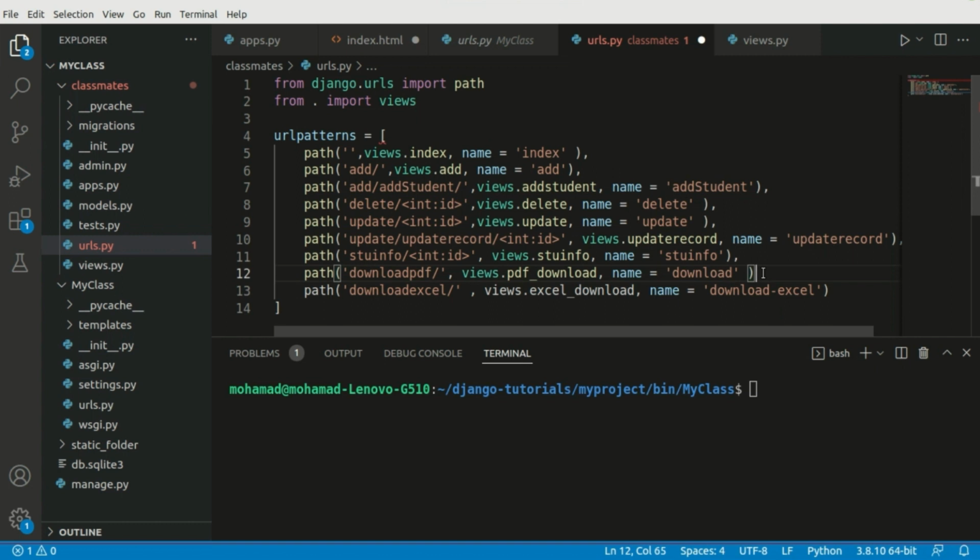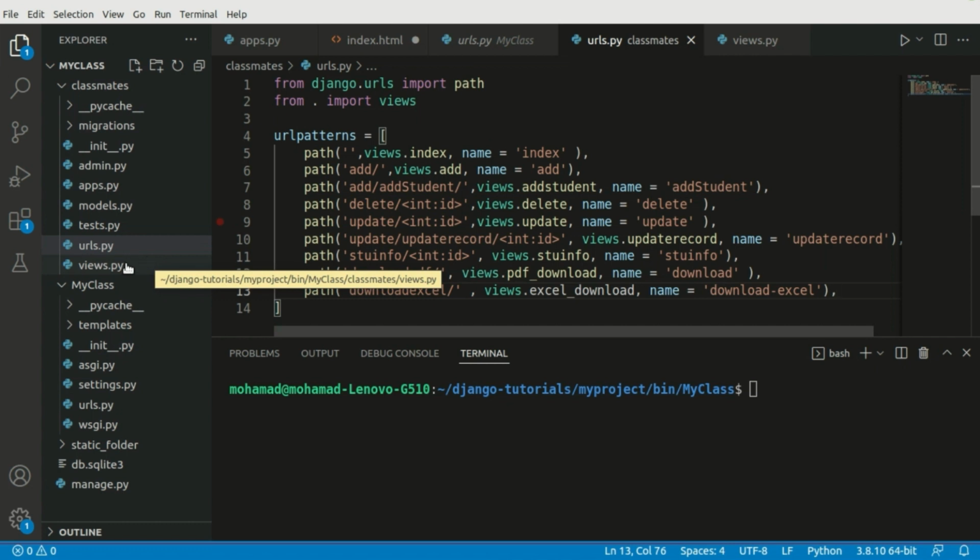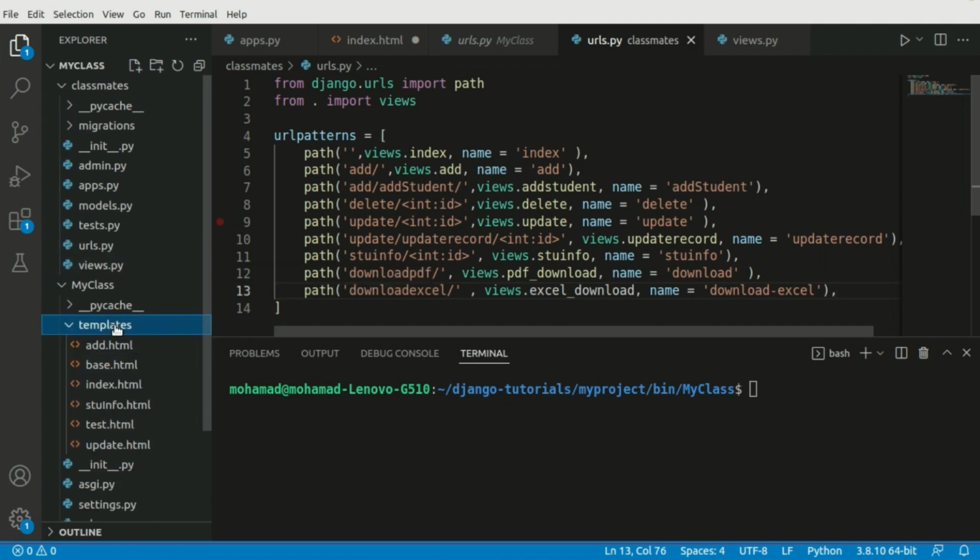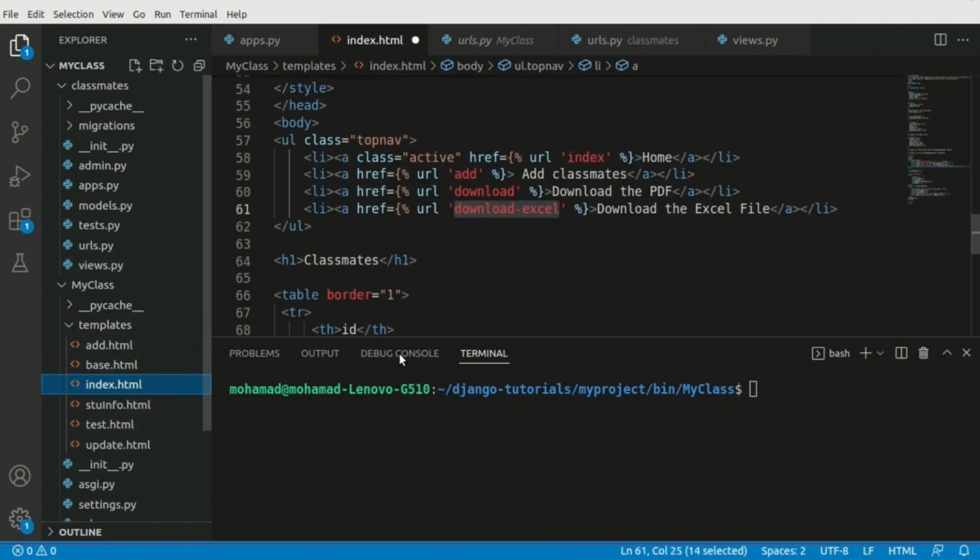Also don't forget about the comma over here and also here. So now we need to add the Excel download function to our views.py. So now let's get back to our templates and index.html. Here we have download Excel, and so everything is ready to go to the next step